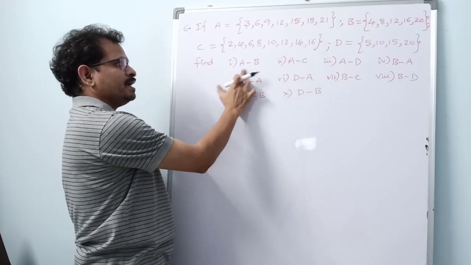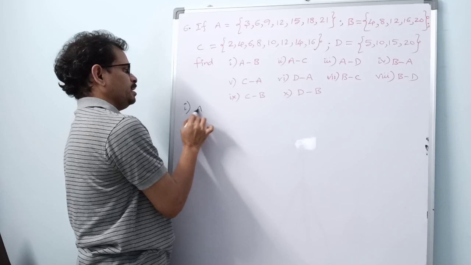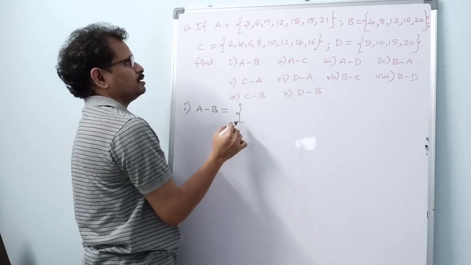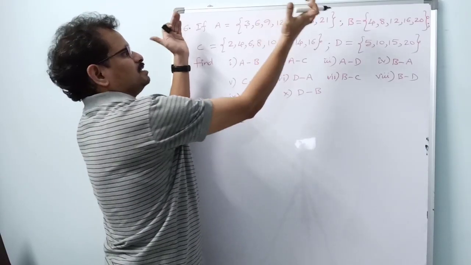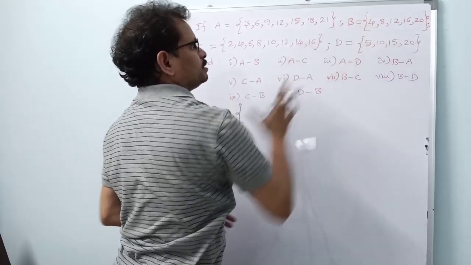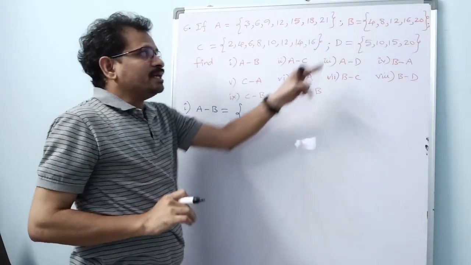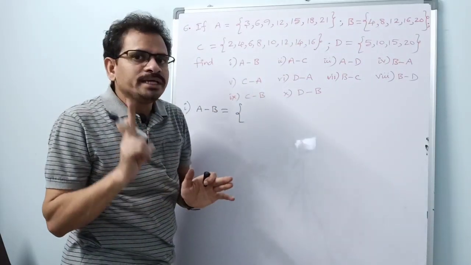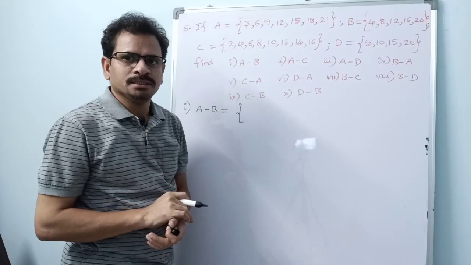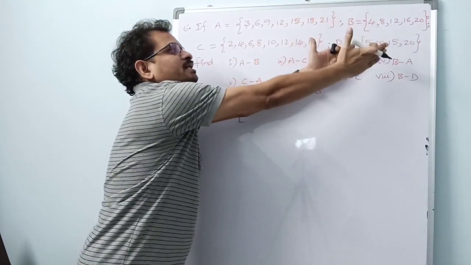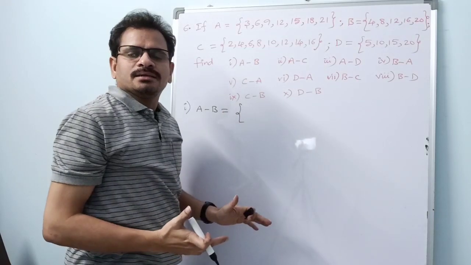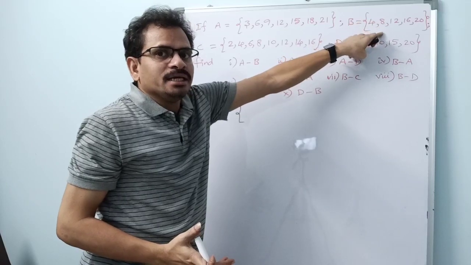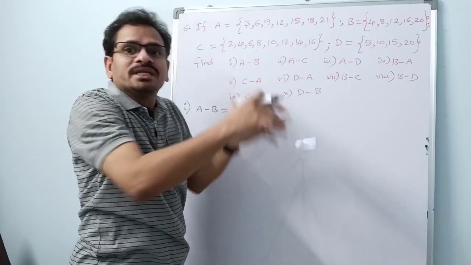Now I have to find A minus B. First one, A minus B. So simple. What is A? So again, no need to write here. This is A. From this set, what you are taking? You are removing this set. So how can we remove? Subtraction means if you are removing one set from another set, only if the elements of this set are there in that set can we remove them from this set.